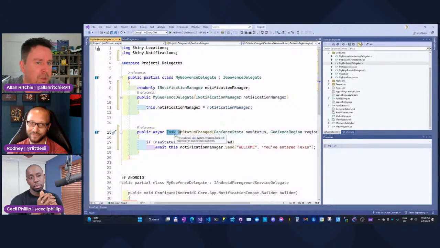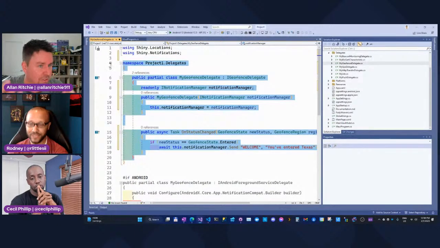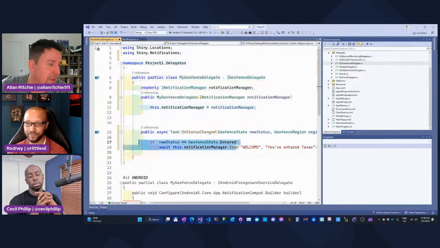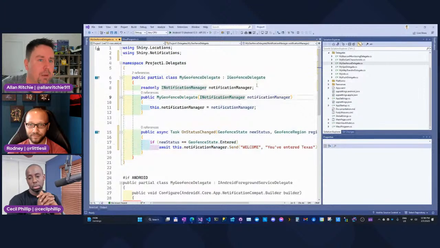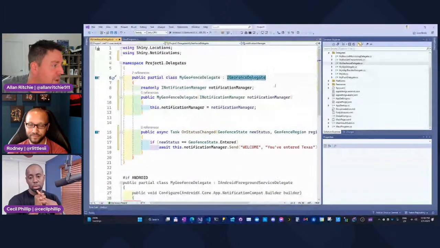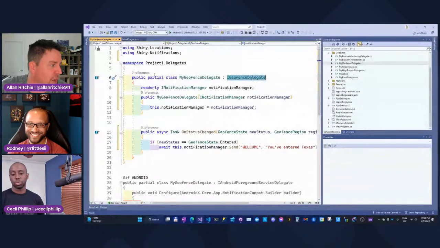But if you've got an ecosystem built around your open source, they're helping test it. You're using this in your business, so it's getting tested. At the end of the day, the only thing I know I need to test in my code is this guy right here, this notification or geofence delegate, because this is really implementing my logic. And it's very easy to mock. It's all interface based, so you know that this is going to work somehow, but you don't have to worry about the stuff going around it.